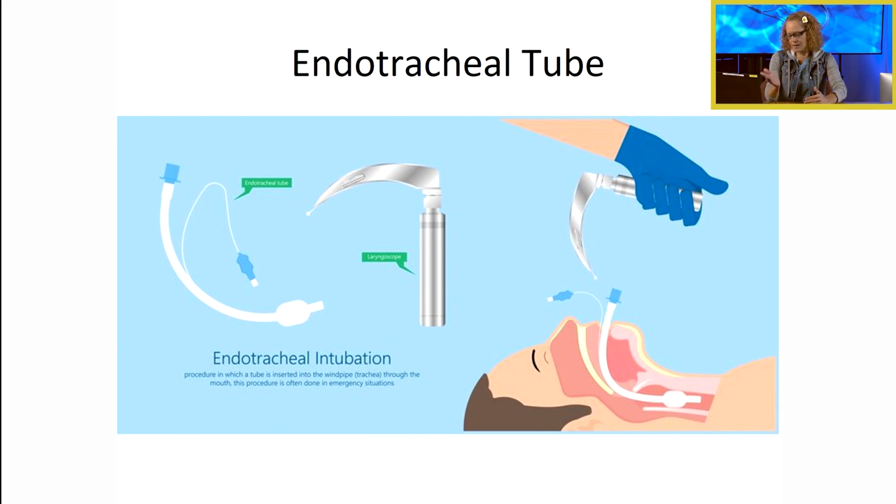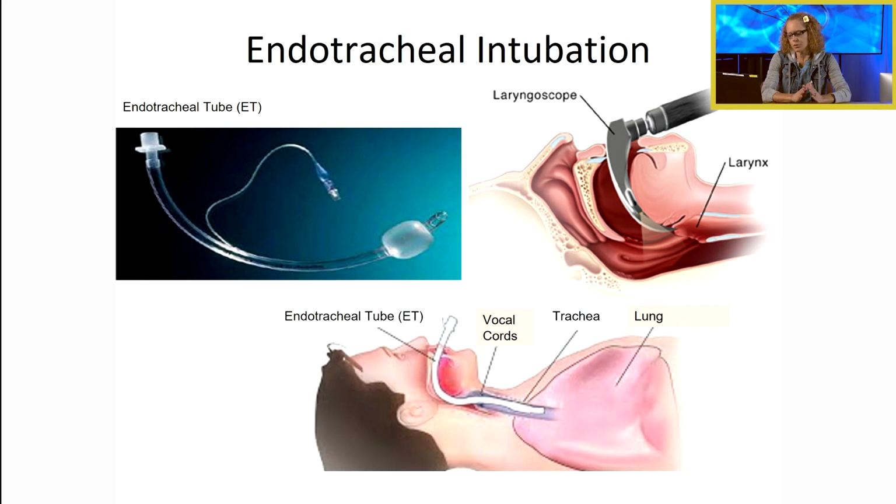Here in the images we can see a laryngoscope and an endotracheal tube, or ET tube. This tube gets put in through the mouth, down through the vocal cords and the trachea